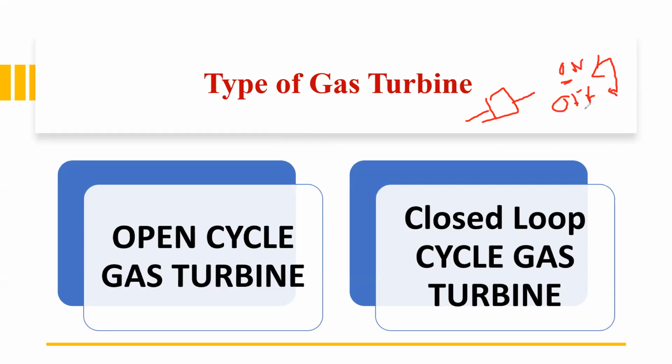If there is no closed loop in the system, then the efficiency and the accuracy of the plant is very low. In an open cycle gas turbine plant, the amount of gas released through the gas turbine is very high, so there are many losses. Let's understand how an open cycle gas turbine operates and what is meant by a closed cycle gas turbine.